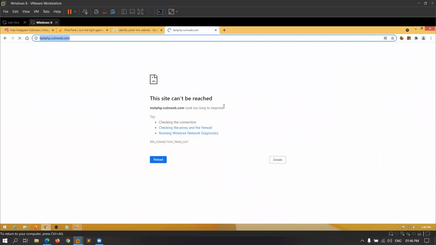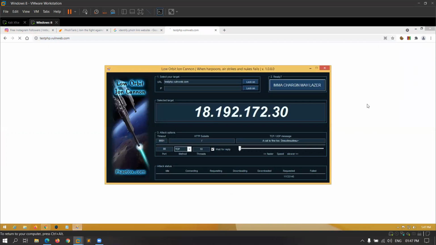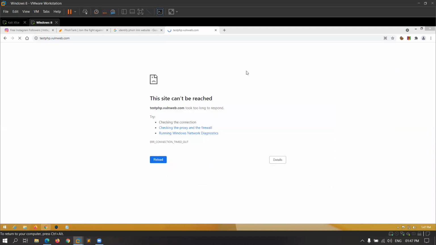A DOS attack has been performed on the website. That's why it is not reachable. So I'm stopping it because it will crash the site. And you can see a lot of traffic was sent to the website. So this was the method to perform a DOS attack on a particular website by using the LOIC and HOIC tools. So guys, is it clear now? Is there any question till now?